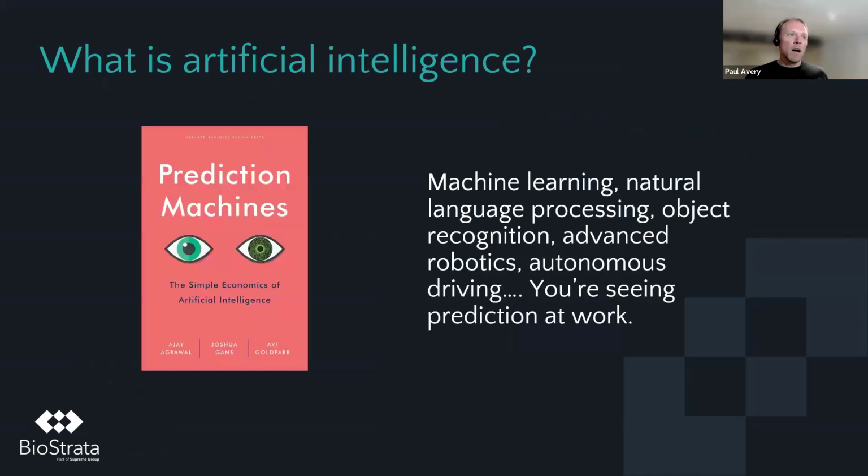But another helpful way of looking at it is that artificial intelligence is basically about prediction. It's about creating AI-driven tools that understand the world well enough to predict things that will happen in the future. And as we'll see in a moment, this is kind of how all the tools work. You give them some information, you ask for an output, and using prediction-based algorithms, they predict what the next word should be. They predict what image you want to see.